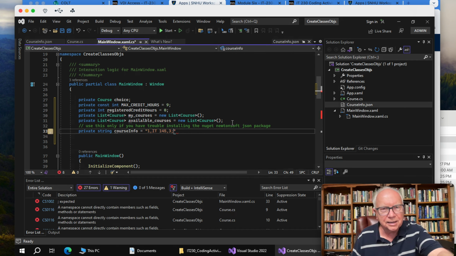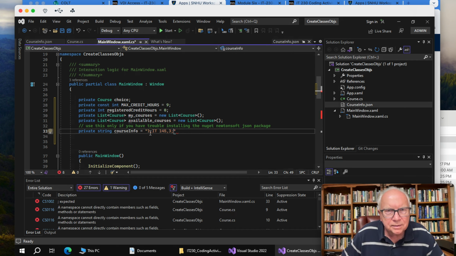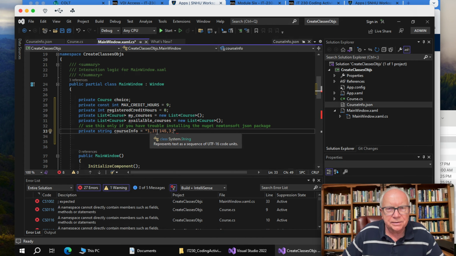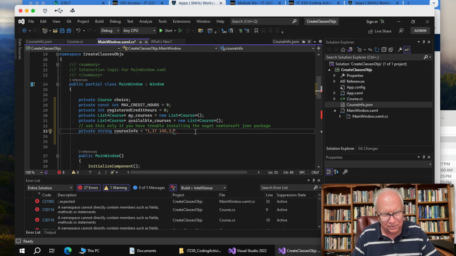You see I've got the commas separating the ID, the name, and the credit hours. Then I've got a semicolon, so now I've got a new object, new course object, 3, now this is 2,